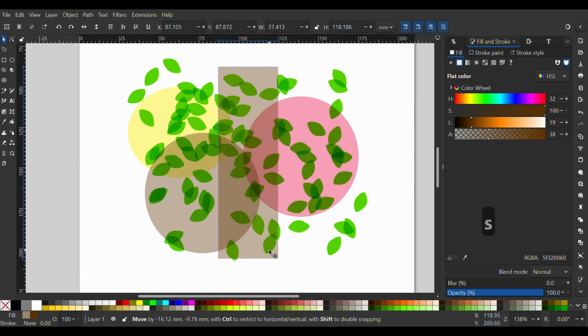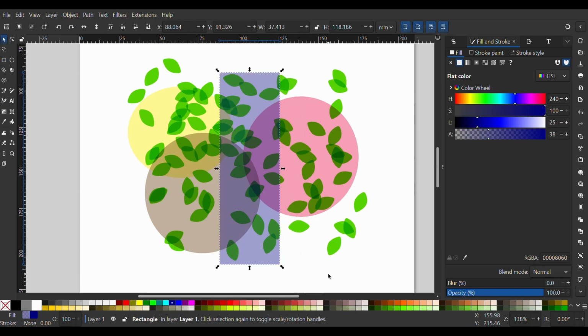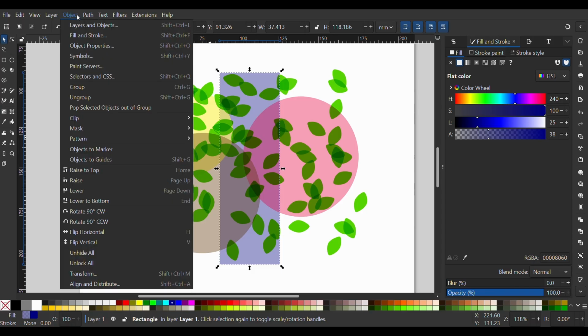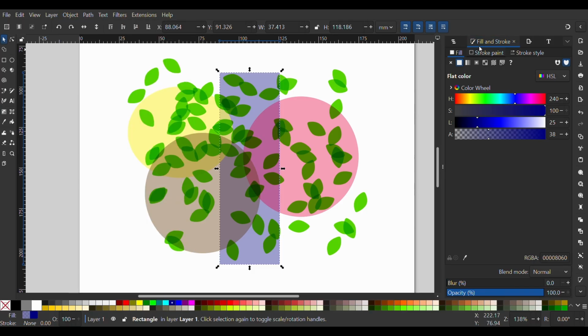Once your shape is created, make sure it is selected using the Select tool. Now we need to open the Fill and Stroke panel. This panel contains the appearance settings for your object, including color, stroke, transparency, and blur. To open it, go to the top menu, click Object, and then choose Fill and Stroke. You can also use the keyboard shortcut Shift, Control, and F, which instantly opens the panel on the side of